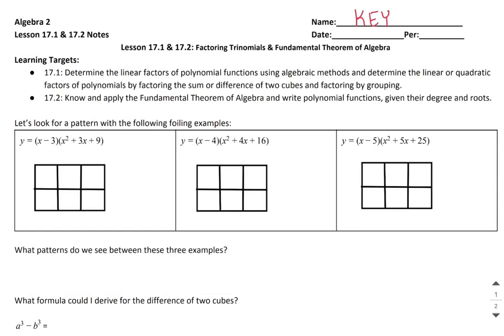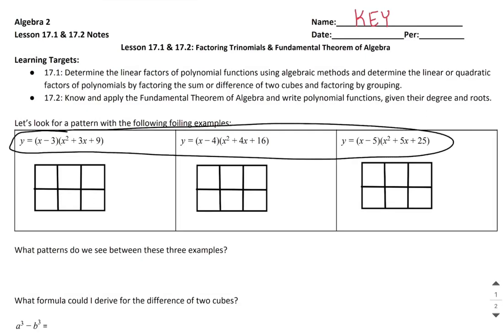Because it's really important that we know how to factor those things, since we need factored form in order to be able to graph those higher degree polynomials. That's the form that's going to show us our x-intercepts, which are the most important points on our graph for a higher degree polynomial. First thing I want to do is look for a pattern between these